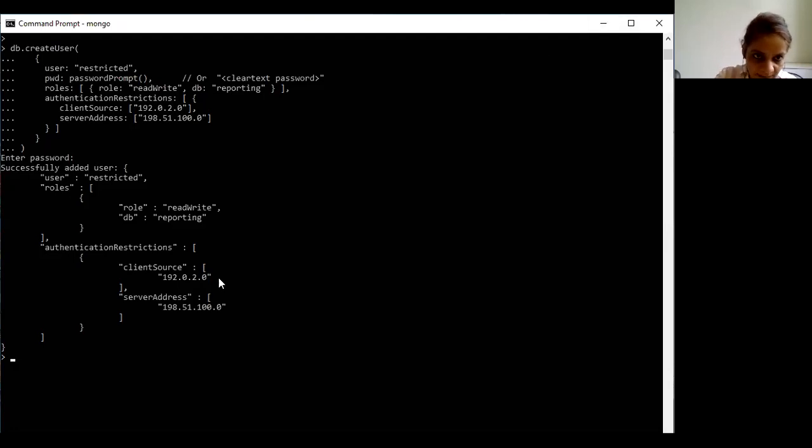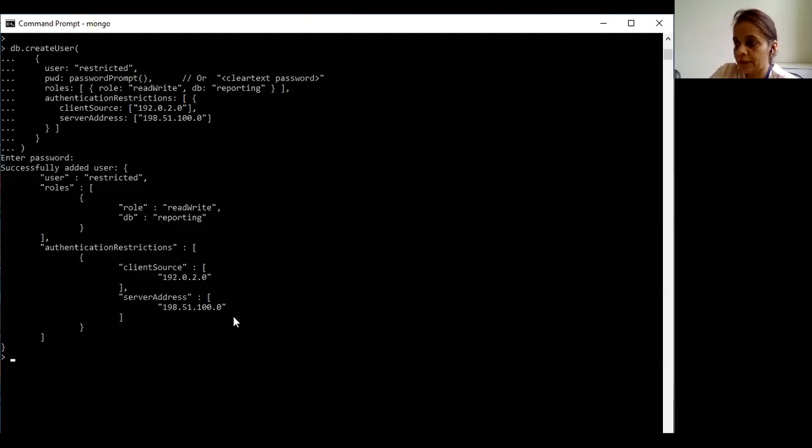We can specify client source, comma separated another source because this is an array. Now see carefully here, client source has been mentioned within the square brackets, and these square brackets represent an array. So we can specify one IP address. At the same time, we can specify multiple IP addresses for which we want to authenticate a client. At the same time, we can specify comma separated server addresses also if we want to provide multiple server IPs in our case.